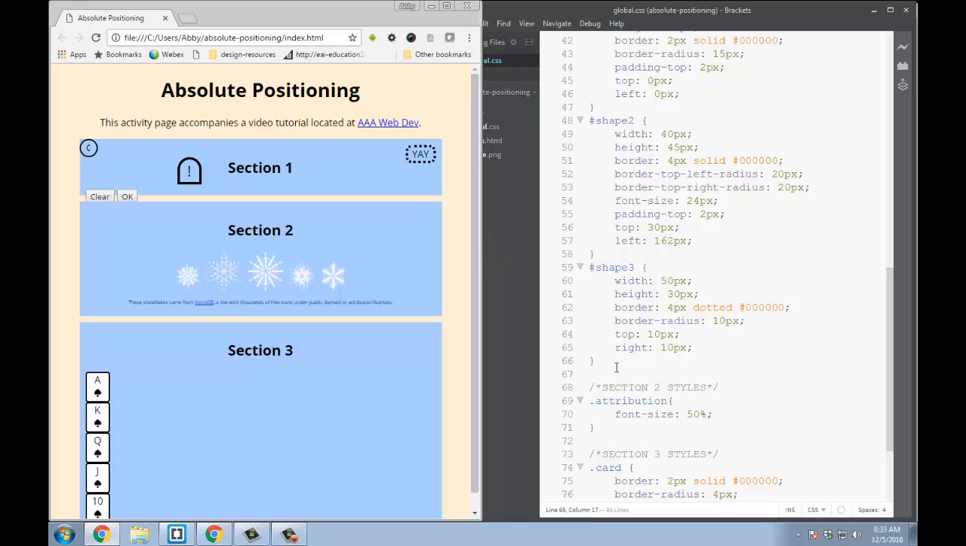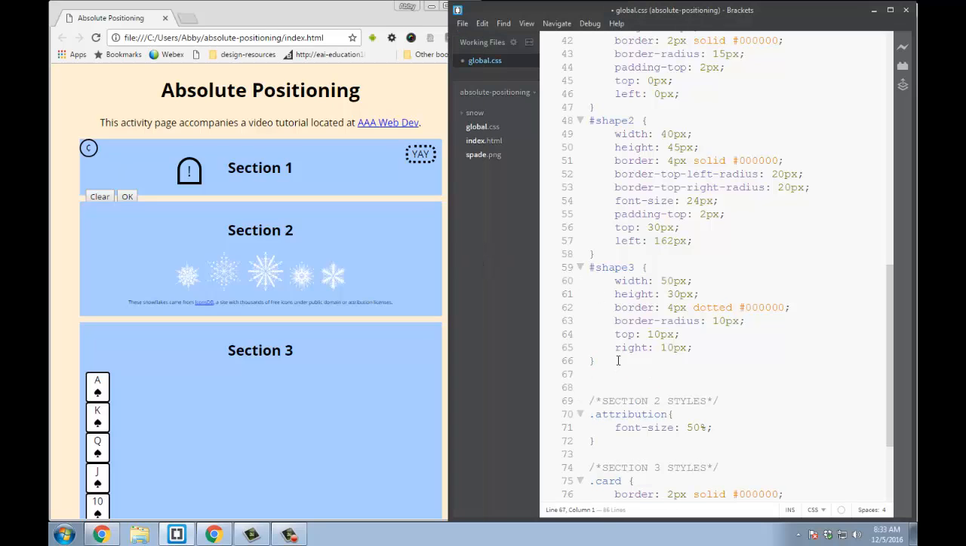Shape 4 doesn't appear to have any CSS yet, so we'll make that. Shape 4, with an ID selector here. And let's put that one in the bottom right. These are buttons, and that's a very typical